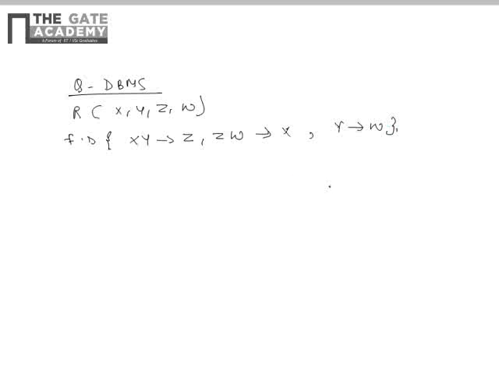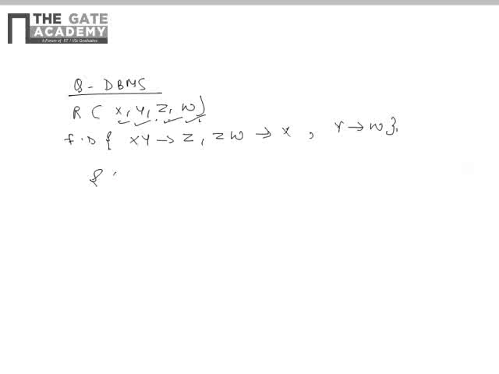To find the keys we can find the closure of each and every variable and take subsets of those. The ones whose closure contains all the variables x, y, z, w will be the minimal keys. The collection of all the keys is known as the candidate keys. Among them one will be the primary key, and the others will be the secondary keys.